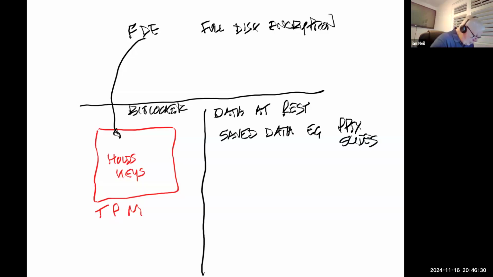The other thing you've got to know is data in use. And every piece of data that's in use, example, applications, they run in random access memory.